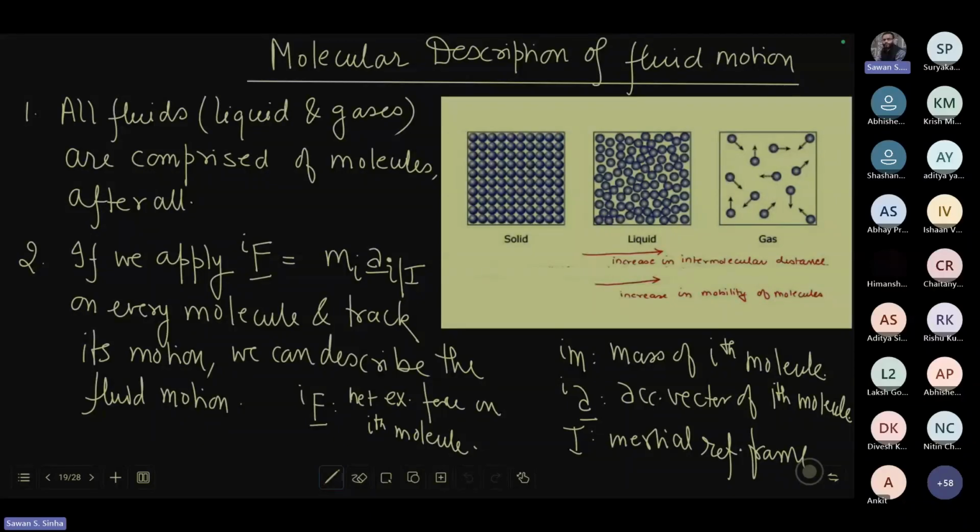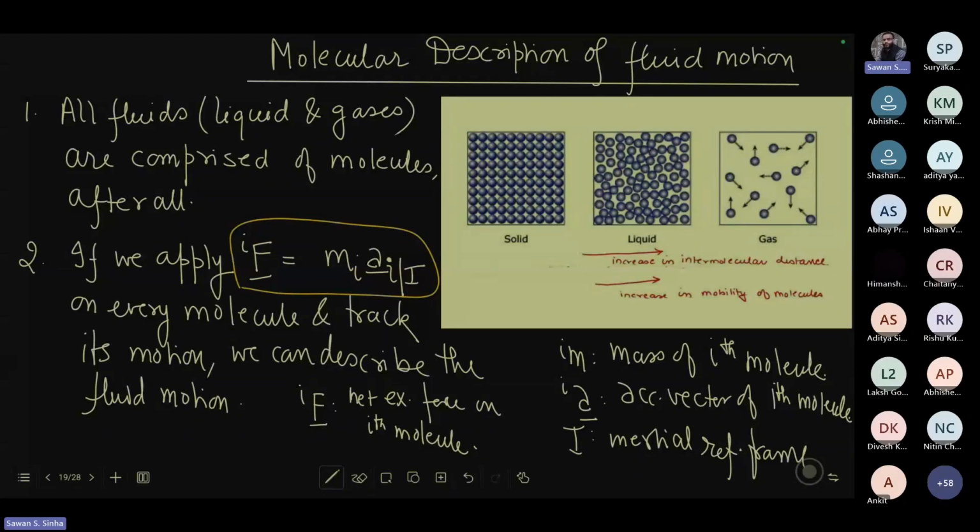So one approach which seems very straightforward actually is to say that I want to describe fluid motion and every fluid is comprised of molecules. Why don't I write this equation for each and every molecule